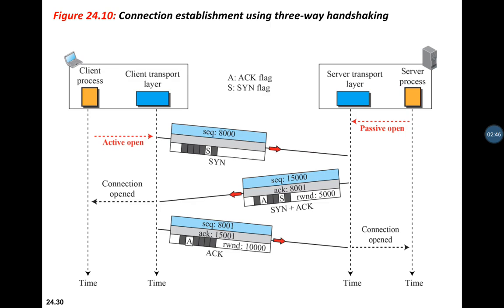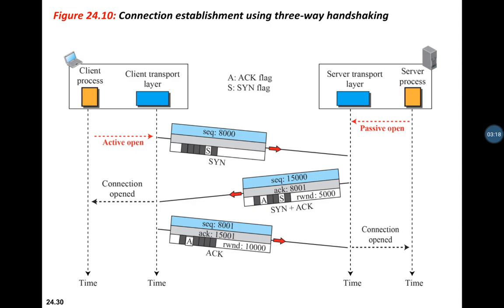The client program in return issues a request for an active open. You can see near the client it is an active open. Here we can see the timings with these vertical lines. Now the client that wishes to connect to an open server tells its TCP to connect to a particular server. So the three-way handshaking process starts.